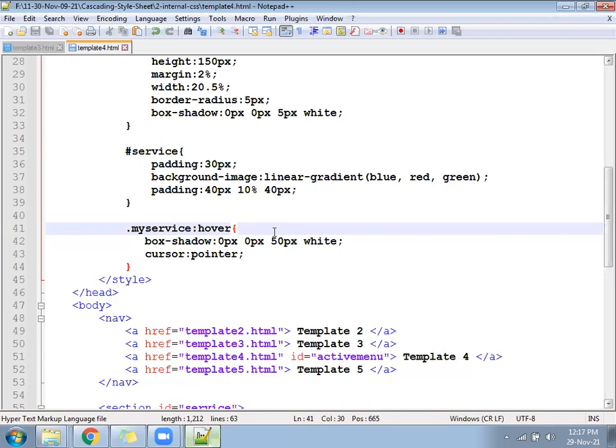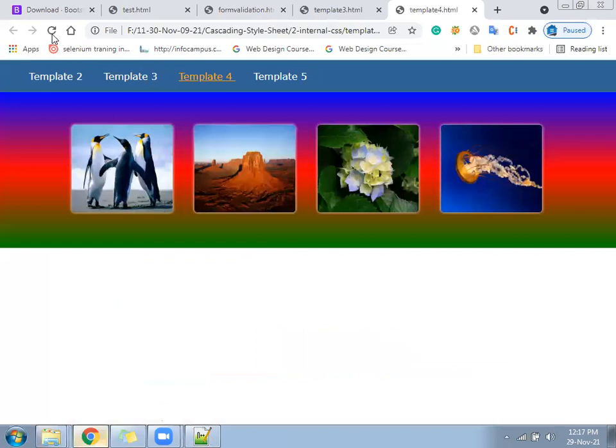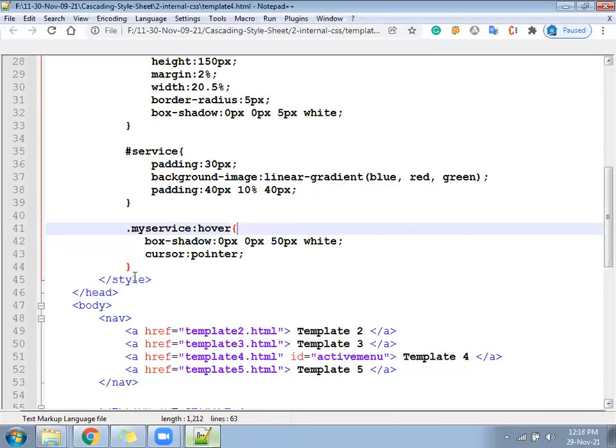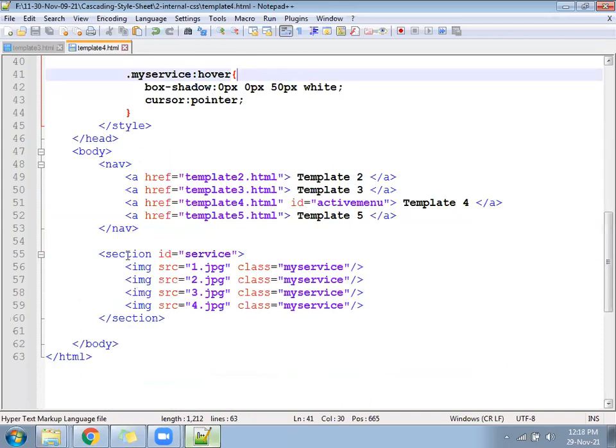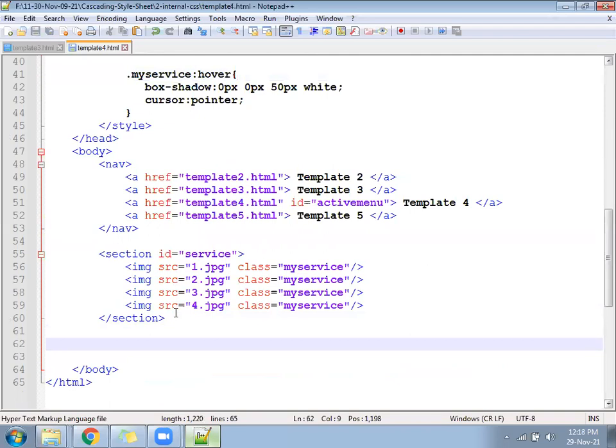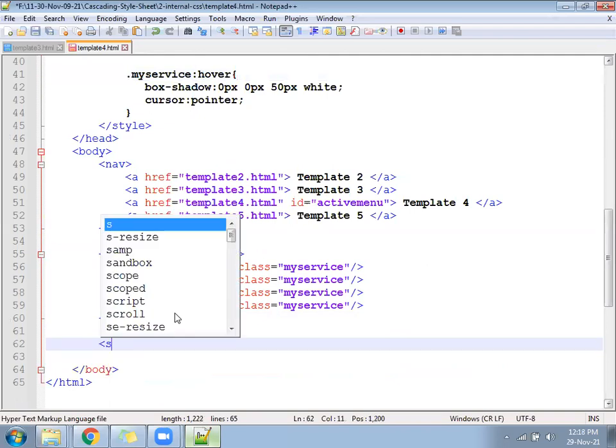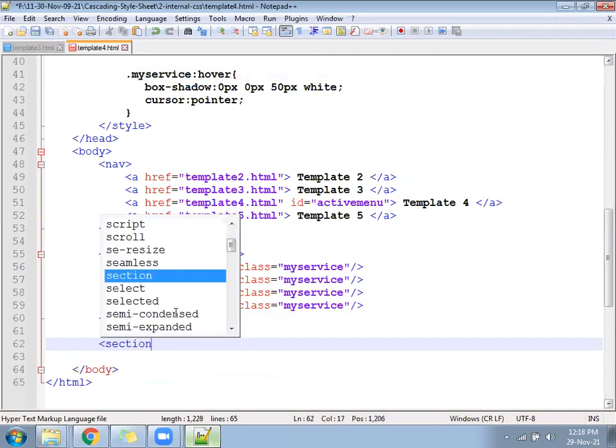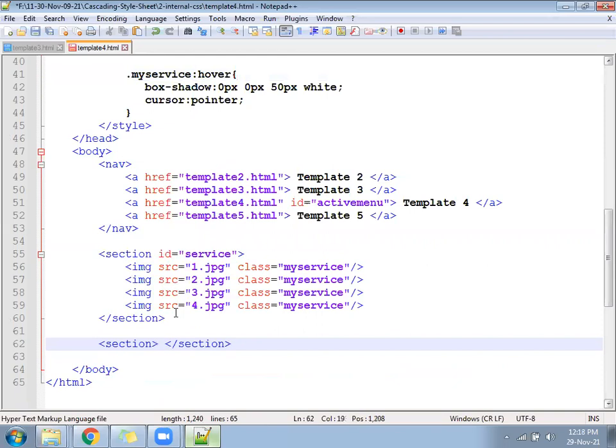Next, after this, come after the section tag. Create another section tag. This section tag will have white color only, not any other color, just white color.